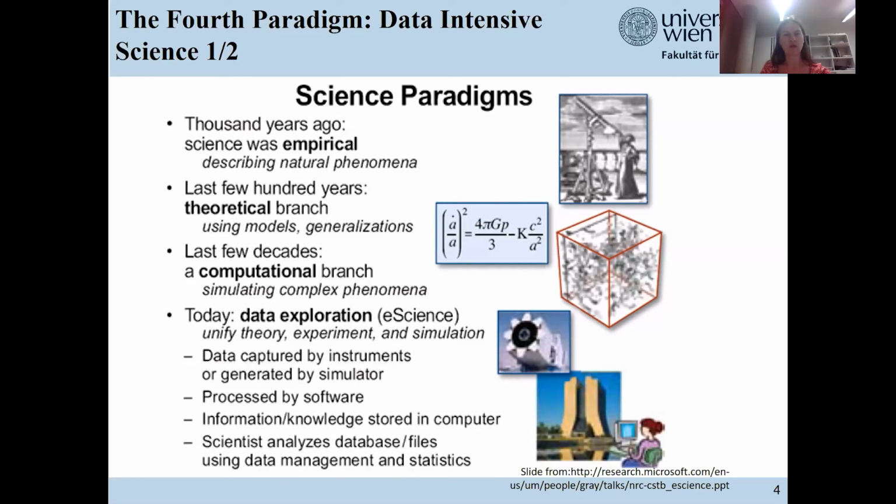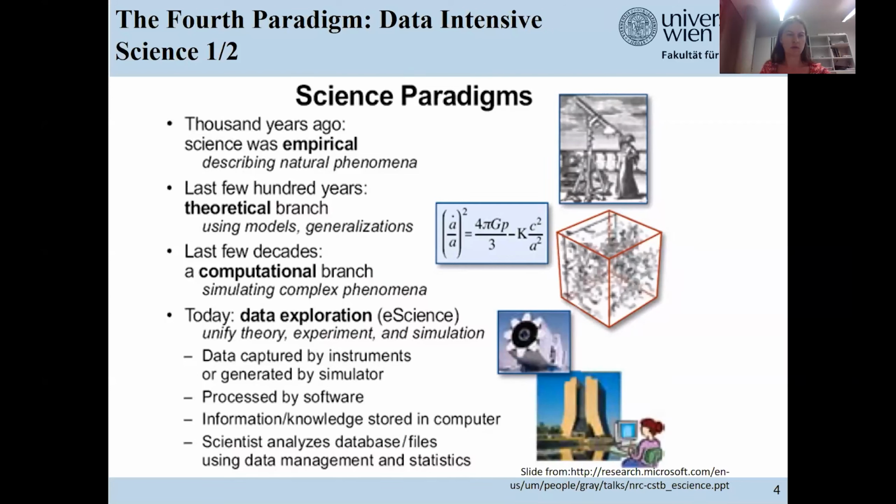But this kind of matching or understanding of data originating from empirical observations and from simulation can also not anymore be done by hand. You need data analysis methods from machine learning and data mining that essentially can help you to get an understanding of all this data which you have.